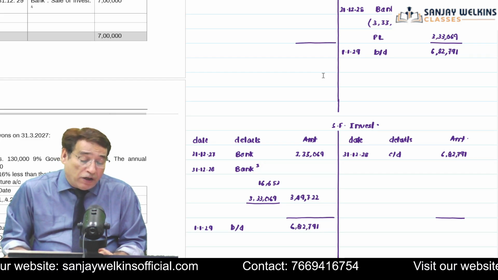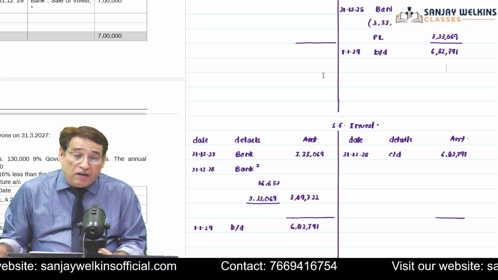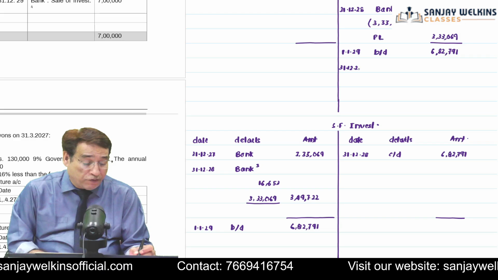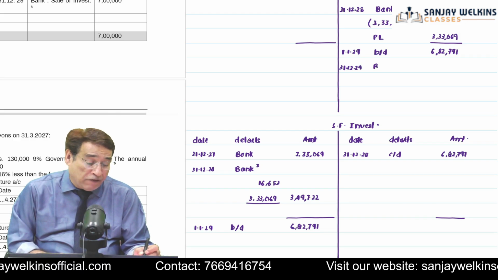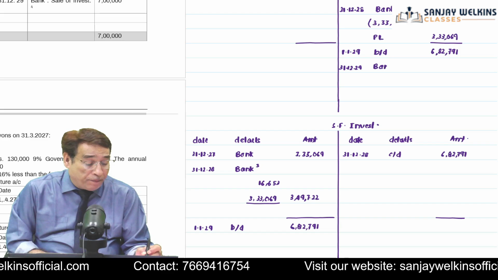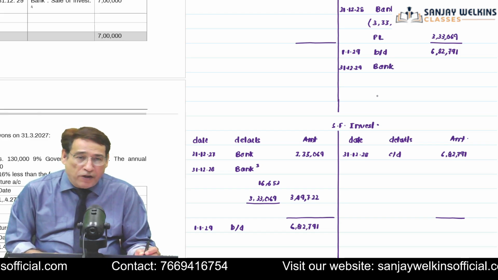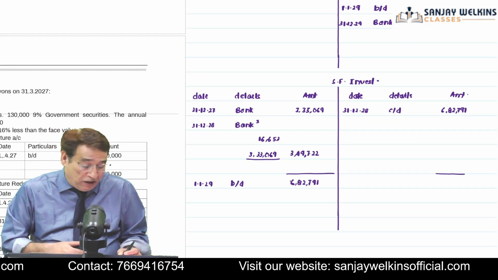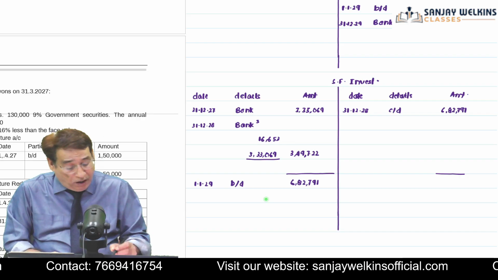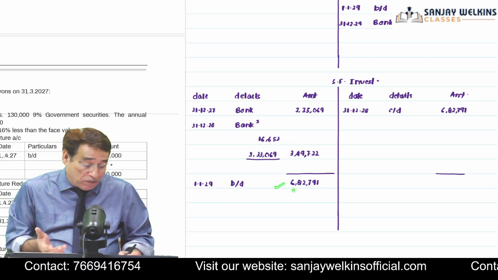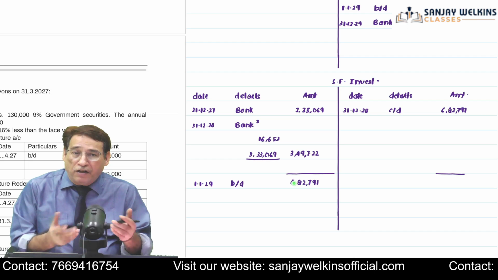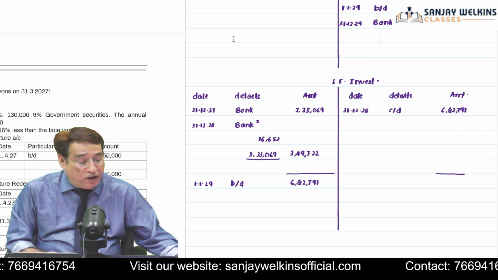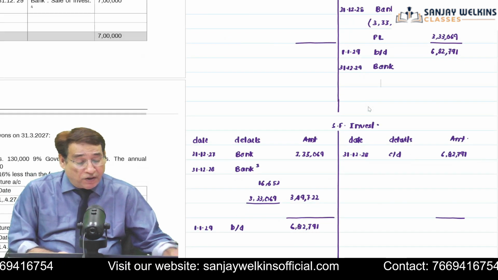Obviously, now we are going to reach the final year. In the final year, my first thing is at the end of the third year, that is on 31st of 12/2029, I am going to receive the amount of interest. What will be the amount of interest? For that, you need to understand that you are at the end of the third year. And in the beginning of the third year, you can have a look, your investment is 6,82,791. So by the end of the third year, you are going to compute interest on this investment. Is it clear to you or not?